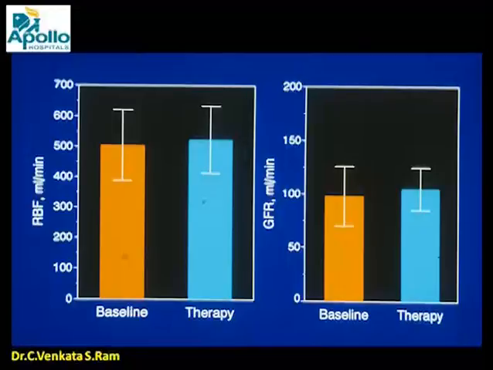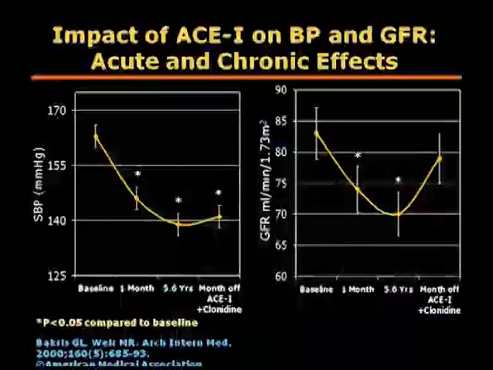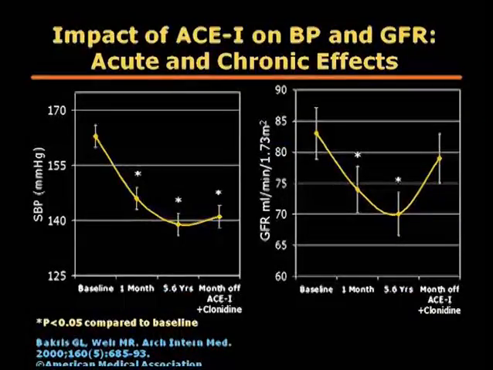This is a study where we looked at the renal blood flow in diabetic hypertensives receiving an ACE inhibitor, and we noted that despite a fall in blood pressure, the renal function was well preserved, suggesting you might drop the systemic blood pressure, but you don't drop the renal blood flow. It is auto-regulated, and that is the importance of the renin-angiotensin system. Now, one of the challenges in treating a diabetic hypertensive patient is that when you give an ACE inhibitor or an ARB, sometimes there is a modest rise in blood urea nitrogen and creatinine. For example, if the creatinine was 1.2, it might become 1.4.